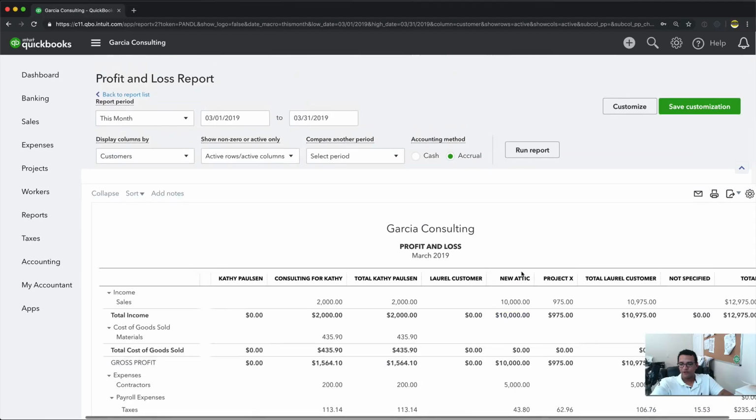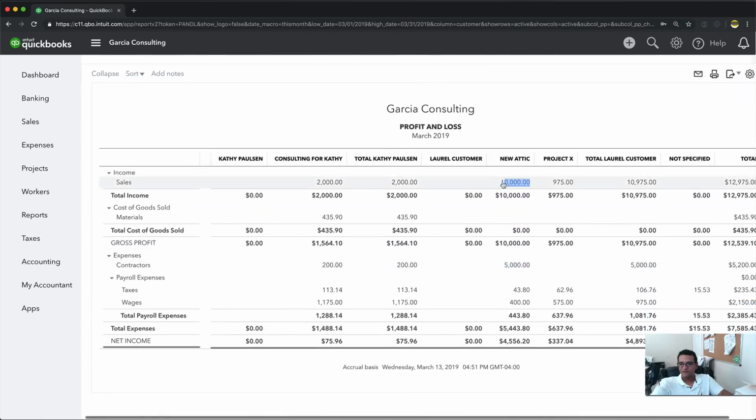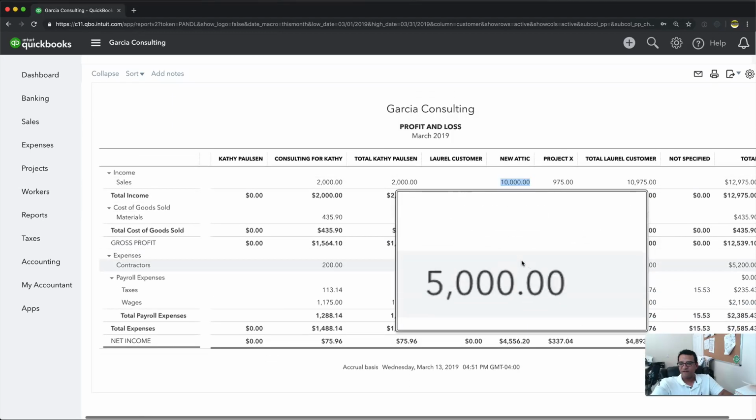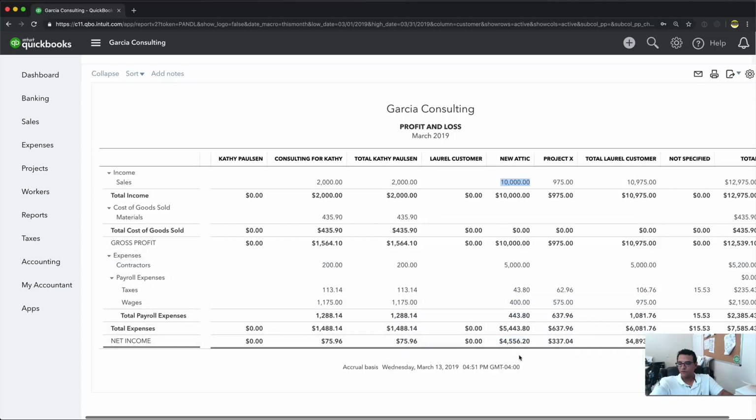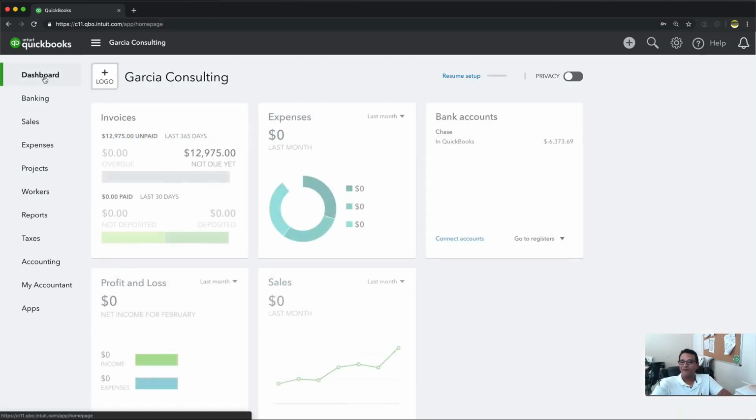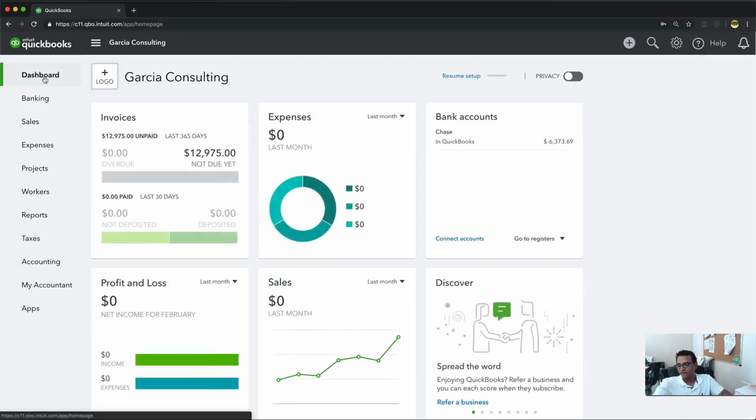Here's my new addict project. Notice that there's the $10,000 worth of income. There's my $5,000 of the contractor expense. And there's my payroll. So, beautiful thing. It works really, really well. I'm extremely happy about this feature, which is brand new for the first quarter of 2019. And that should be a really big game changer for a lot of people using QuickBooks Online that weren't able